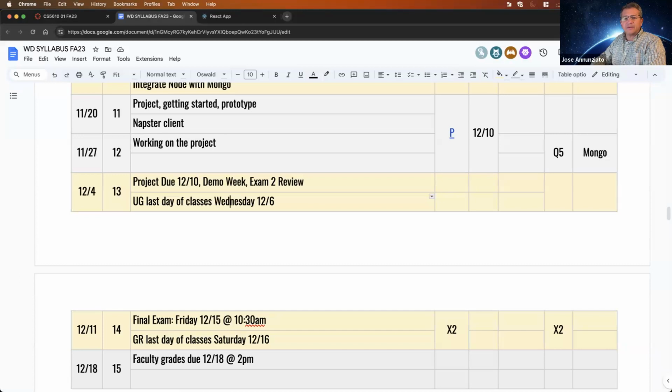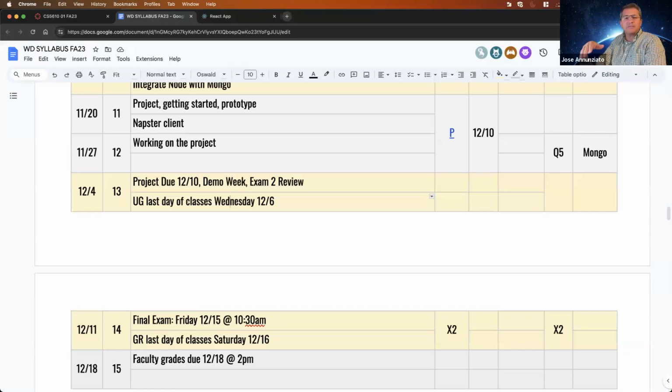So the TA should have shared a spreadsheet where teams can register for the demo, and the demos will start on the 11th of December, and the project is due on the 10th, right?